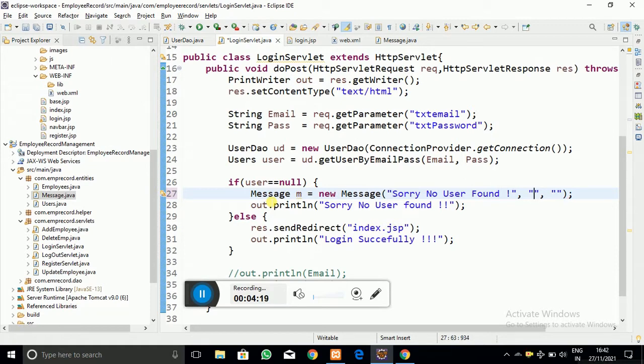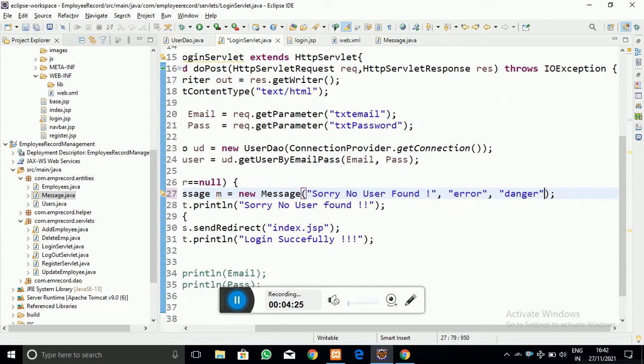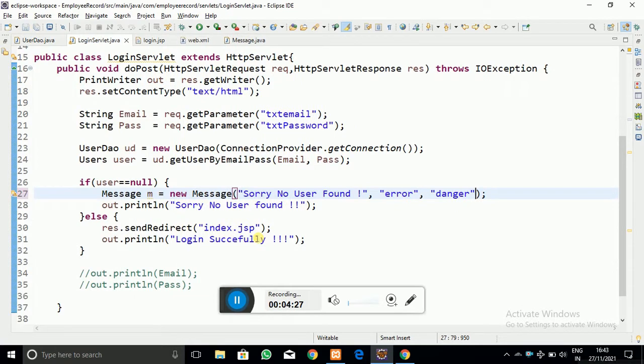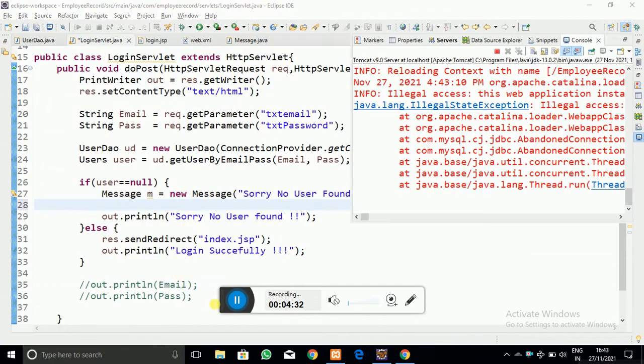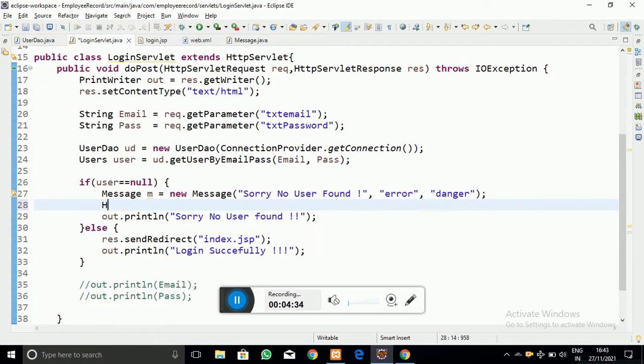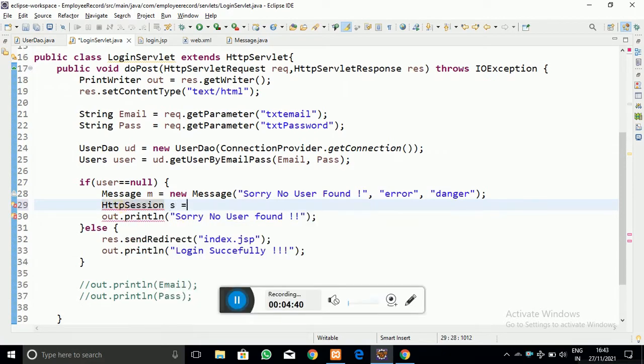And the css class which I am going to use for the alert box, I will explain in a further tutorial, what the alert box is and all. Now let me send that message value to the session object.